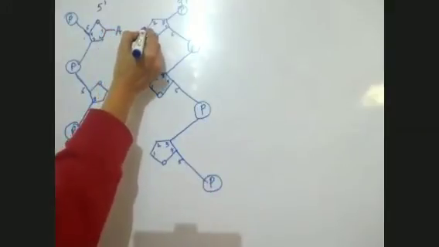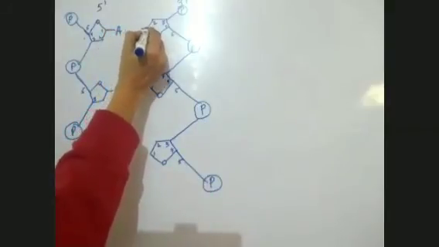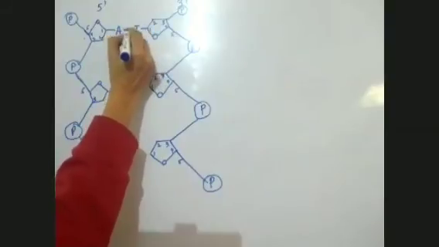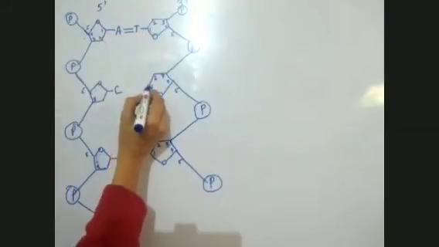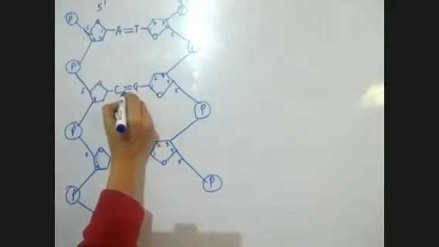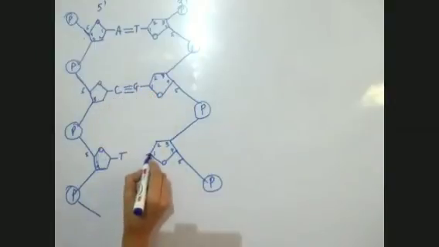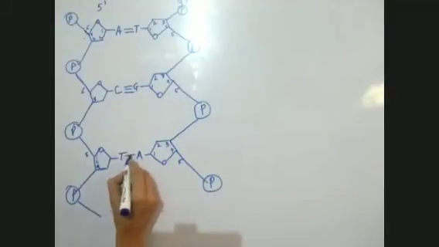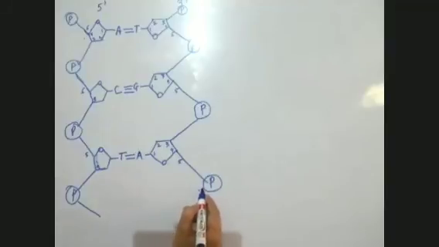And here we will have complementary bases. So for this we will have T, which will be attached by a double hydrogen bond. For this we will have G, which will be attached by a triple hydrogen bond. For this we will have A, which will be attached by a double hydrogen bond. And again we will have this attached to the 3rd. This will be attached to the 5th, and this will be attached to the 3rd one.